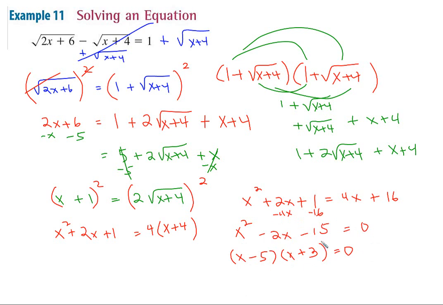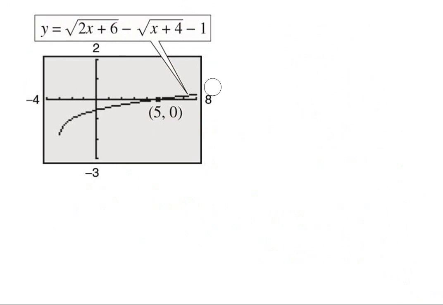So when is this going to equal 0? When x is going to equal 5, or when x is going to equal -3. So those are your 2 answers. And once again, remember, you always want to check your answers. Take the 5, take the -3, plug them in, see if they give you 1. So you graph it, it turns out